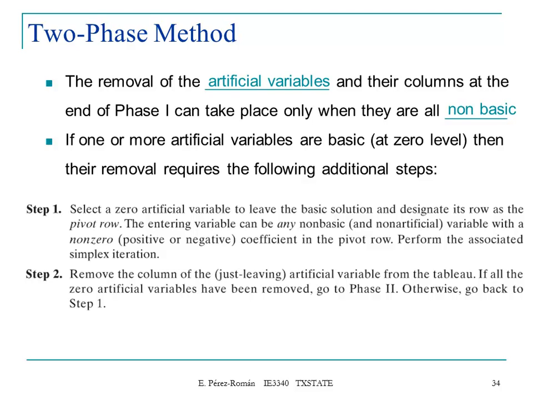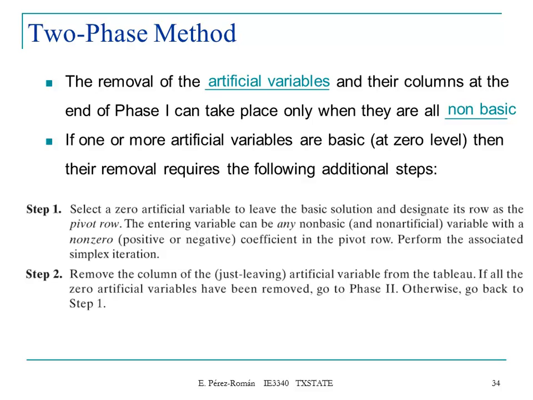So you can say this variable is going to leave the solution and designate its row as the pivot row. Okay, so you're going to use this row as your pivot. Then the entering variable can be any non-basic and non-artificial variable with a non-zero positive or negative coefficient in the pivot row. And then you have to perform the simplex